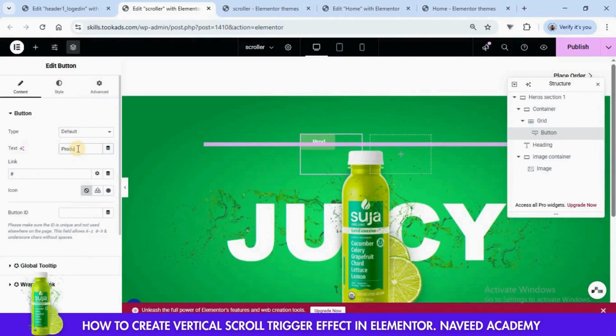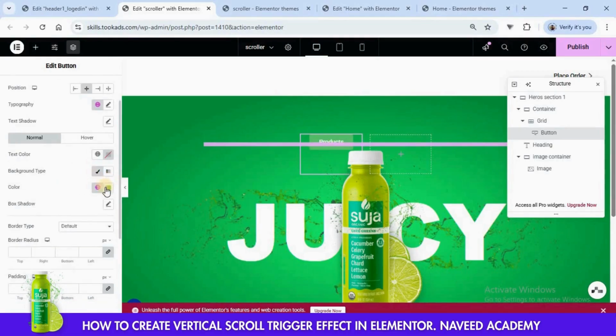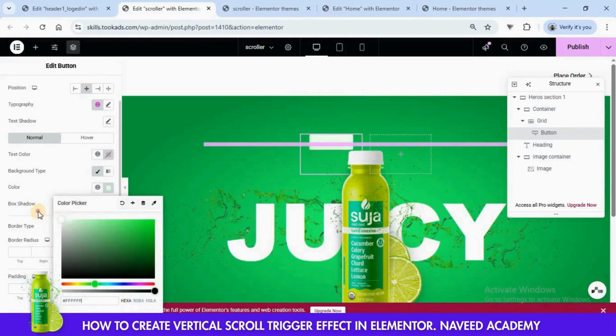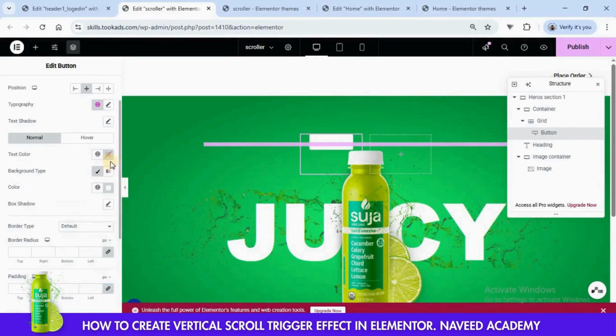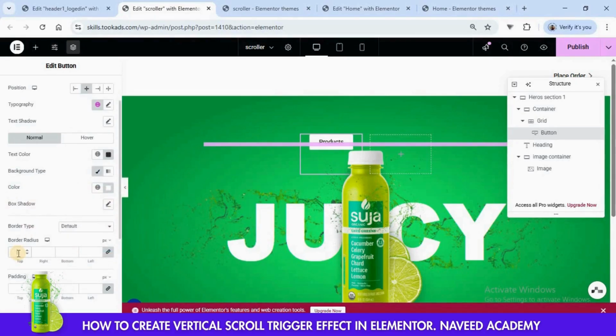Write the text for button. Go to style and set the position to center. Scroll down. Go to color and set the background color to white. Set the font color to black. Go to border radius and set it to 25.